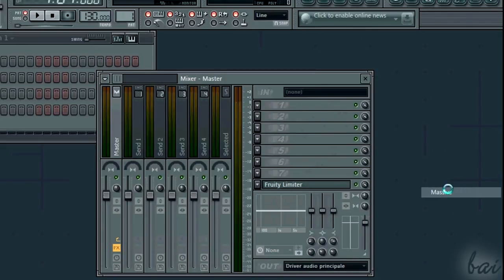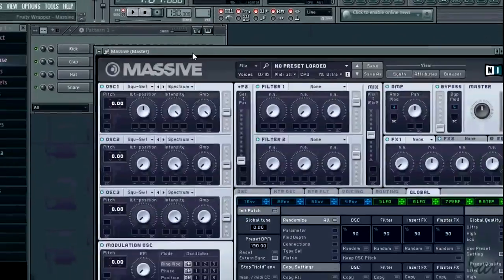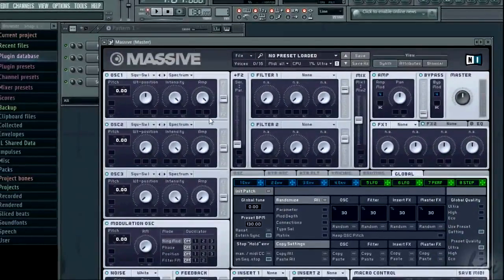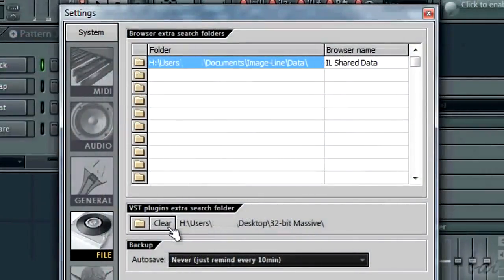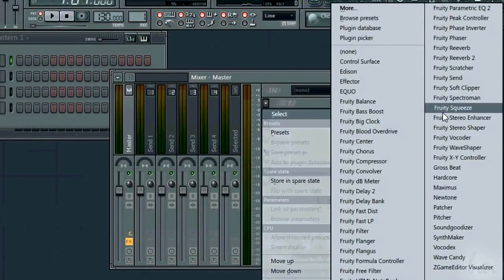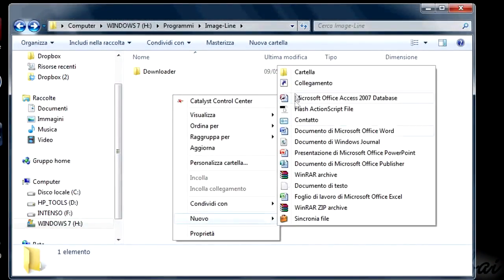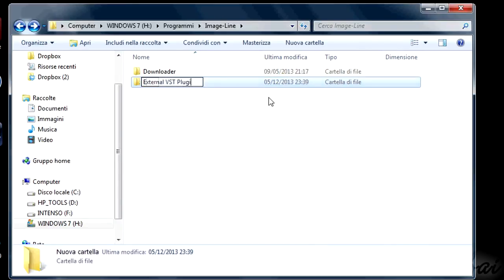The plugin integrated will be listed as long as the VST Extra Search folder is saved. If you click on Clear, you will delete the link, and so you won't find your plugin anymore. So if you want to keep more than one plugin all integrated in your software, make sure to create your own VST folder where you will drop and install